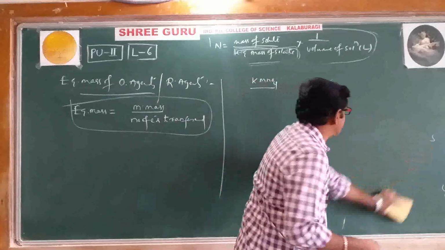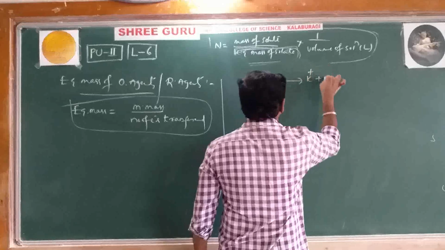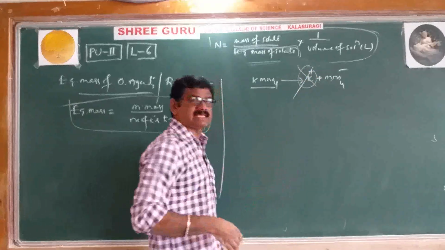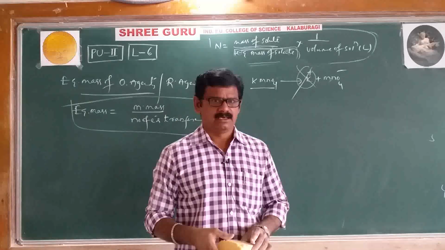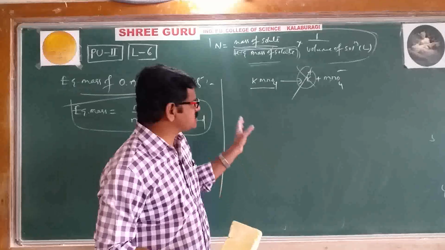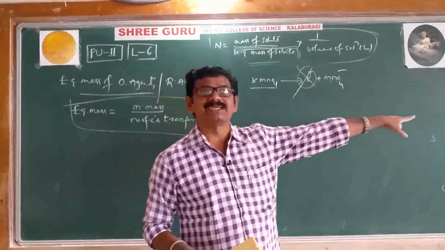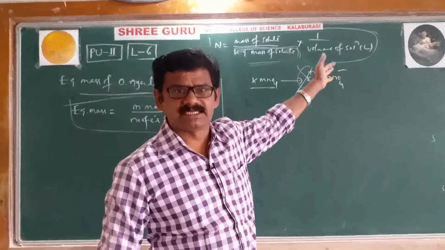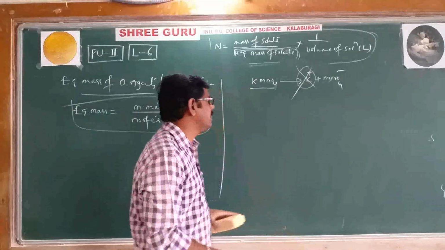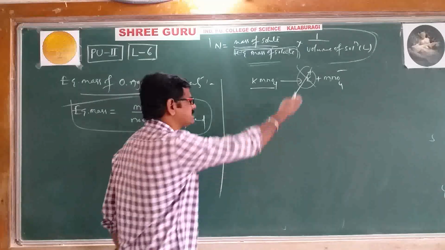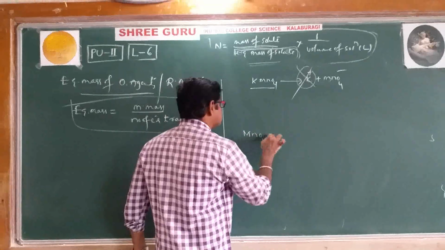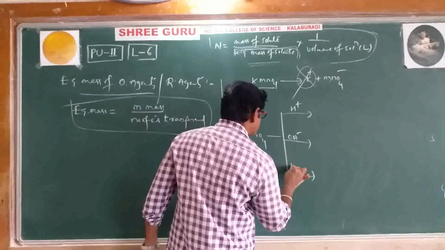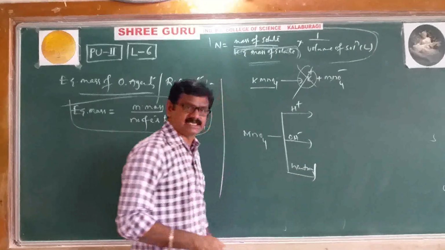We'll do one thing. If potassium permanganate is split, you will get K plus and MnO4 minus. I am not using K plus, remember. Why? Because K plus will not participate in the reaction. Not participating means as a reactant its charge is plus 1, as a product also its charge is plus 1. Its oxidation state will not change, so it is not participating in the reaction. That's why I will use only the participating species, that is MnO4 minus, in acidic medium, in basic medium, and in neutral medium. Let's see how it converts.